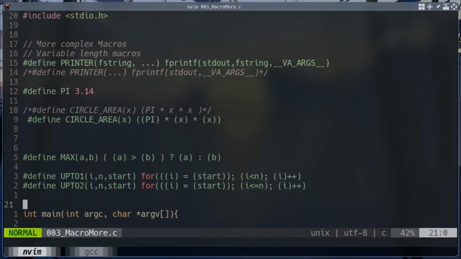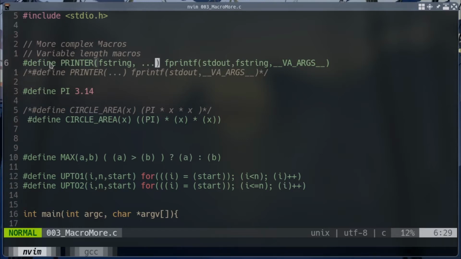Hello everyone, in this video I will explain the concept of variadic macros. If you watched one of my previous videos in which I explained the concept of variadic functions, these are the functions which can accept a variable number of arguments or optional arguments. Like that, C provides a functionality for macros which can make them accept a variable number of arguments. So let's dive into the code.